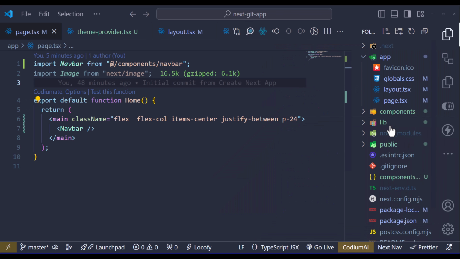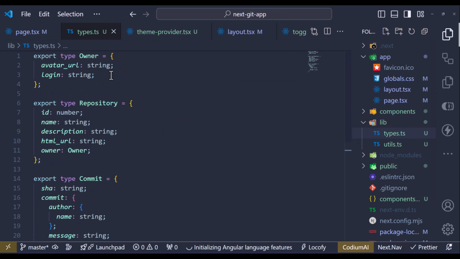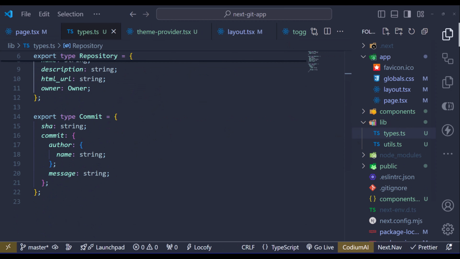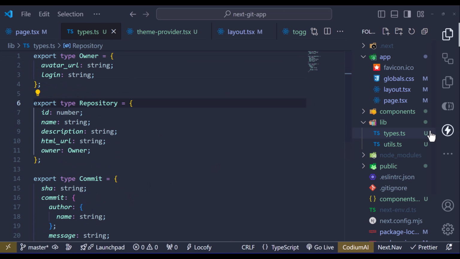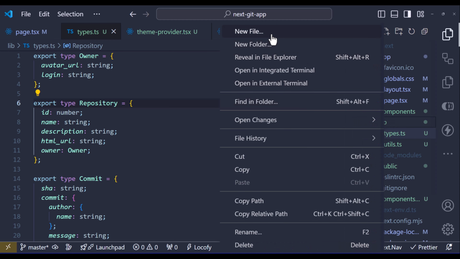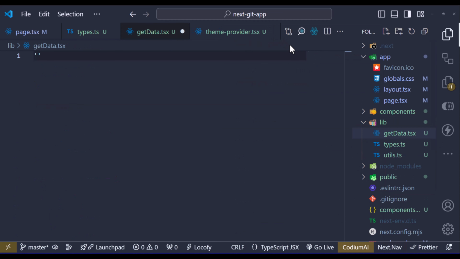So inside the lib folder, let's create a types.ts file, and let me paste all the types that I have already mentioned before for repository, commit, and owner. And to call the GitHub REST API, we have to create a new file inside this lib folder, and I will call it